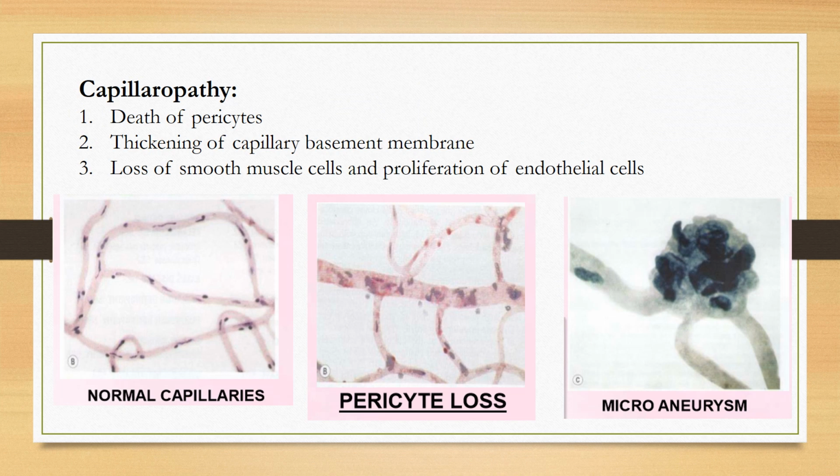What is capillaropathy? All our blood vessels have an endothelium covered with the pericyte. Consider the pericyte as a thick covering. In diabetic retinopathy, the pericyte ruptures or there is a loss of pericyte. This is a normal image, just compare it. Here there is a loss of pericyte. What is happening here is, just consider if you have a lengthy tube.